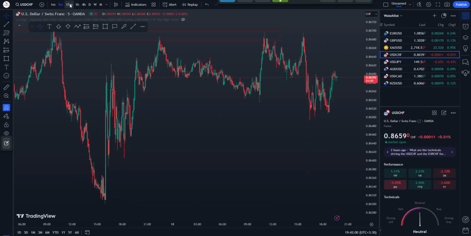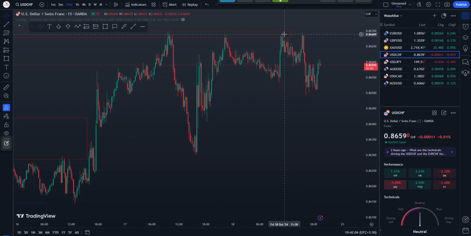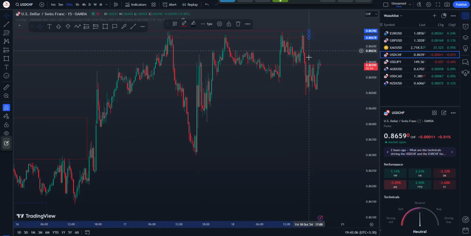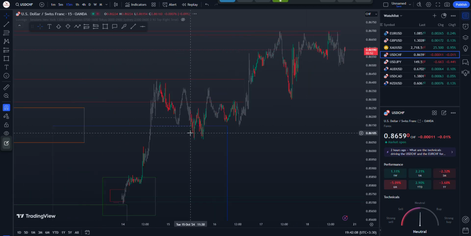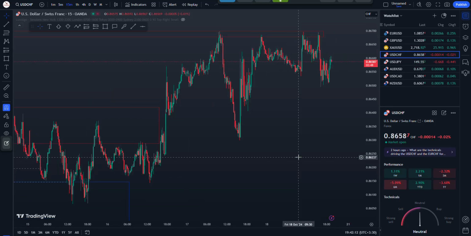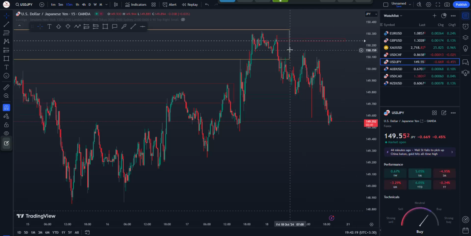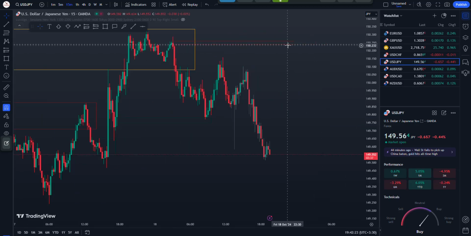USD CHF actually held price for the third time and didn't go back to my area of interest for longs, so let's see what happens in the next few days. USD JPY is going down, didn't go back to my area of interest for short,